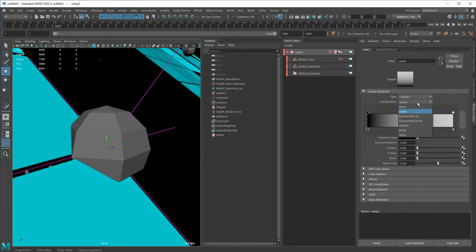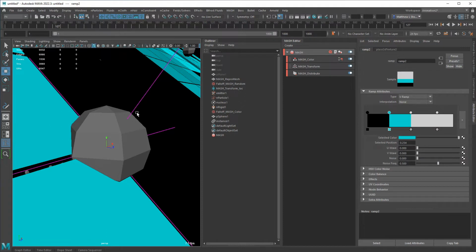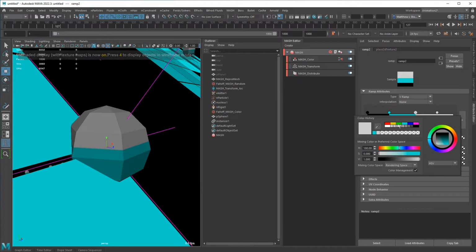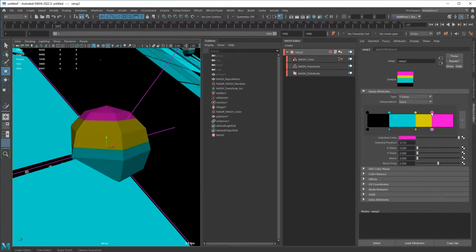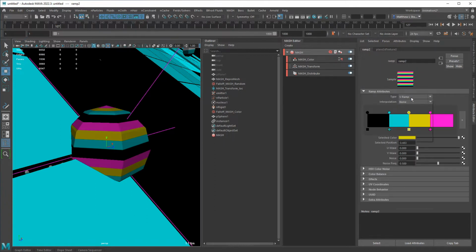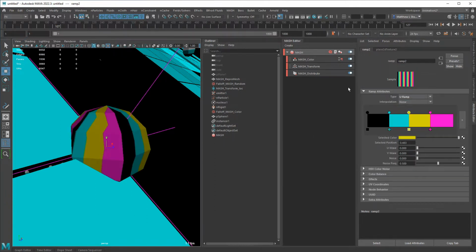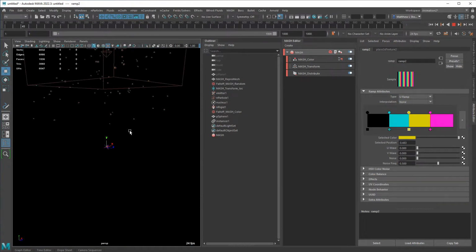Once again, there's where we looked at the ramp. I was trying to remember where it was. We changed this to none, and then we added a couple of keys where we could change the colors. And if we go to this viewport and hit 6, we can see that color. Let's add a couple of colors to this, and then we can change the repetition to maybe 4 by 4, and then change the ramp to a U ramp, and now we have these little textured objects raining down